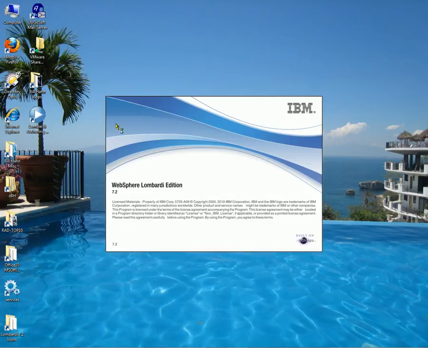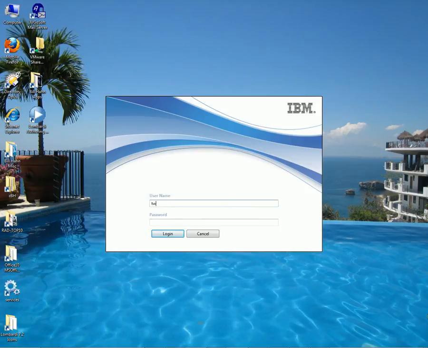First, we're going to start WebSphere Lombardi Edition. We're using version 7.2 in this case. We're going to log on to it with the tw_admin default user ID. That's one of the user IDs that comes installed by default. tw_admin for the username and the password. So once we log on,